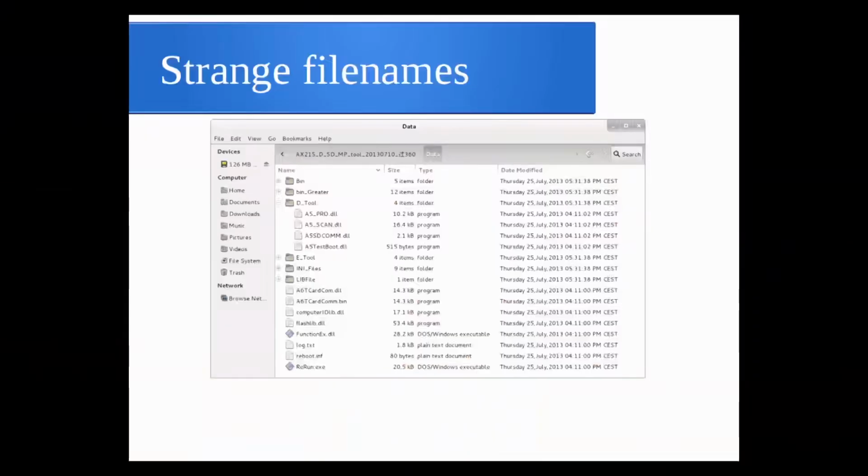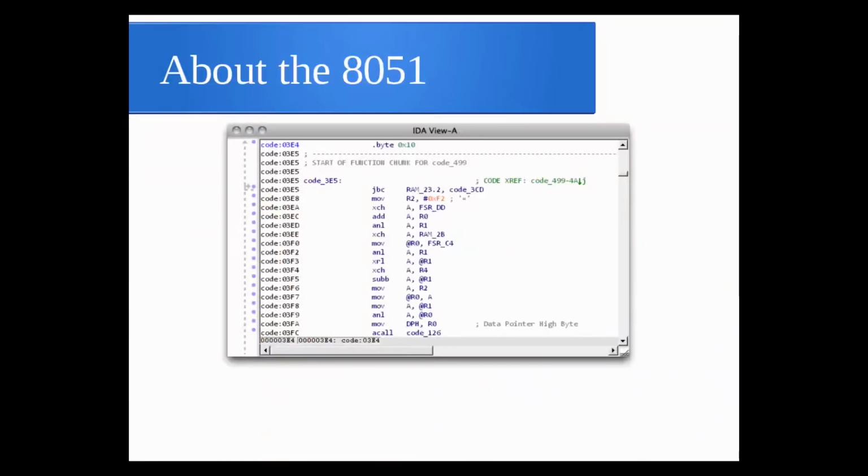Now we're looking through the actual program, and we notice that there are some strange file names. This is what the directory structure looks like, and there's the normal Windows executable, and then there are these files called a5scan.dll and a5testboot.dll. What's a DLL file doing in a firmware program? We thought, maybe if you open it up in IDA, it's not x86 code. What is that? We decided to open it up and read it as 8051 code, and we were greeted with this, which, if you look at it, is actually completely legal 8051 code. There's just one problem with the 8051